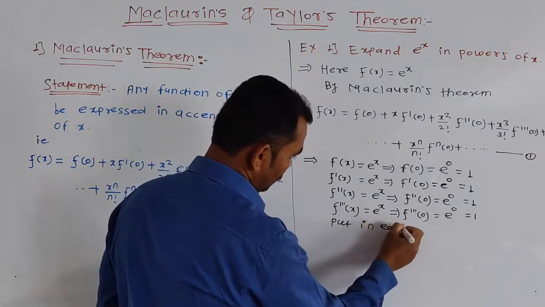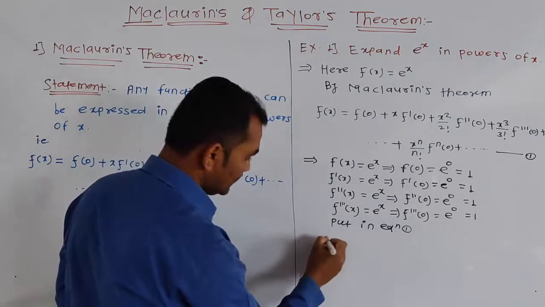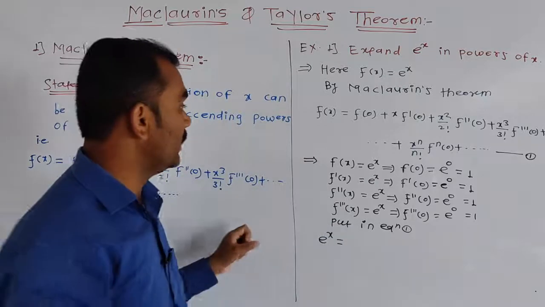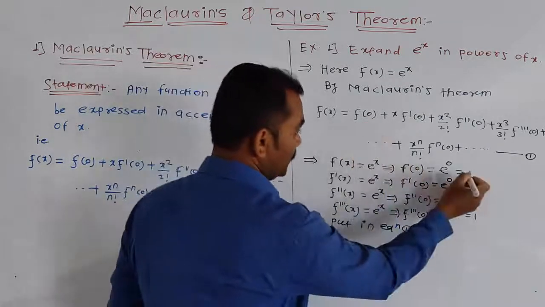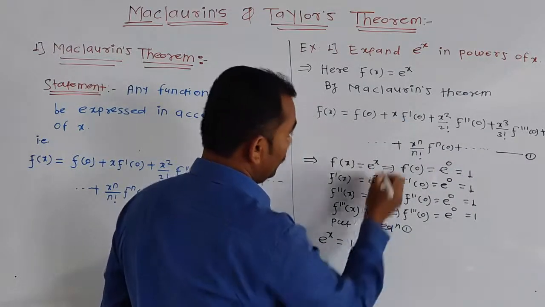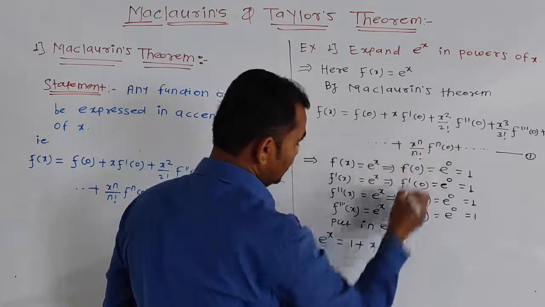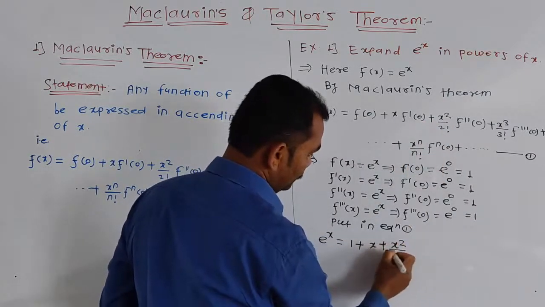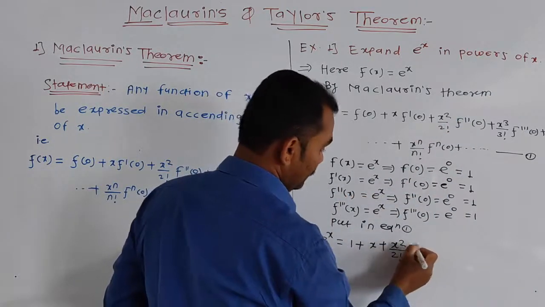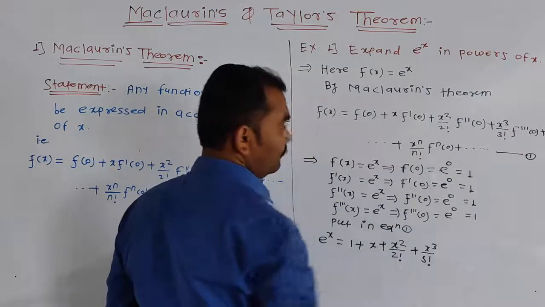Putting in equation 1, we get the value of f of x is e raised to x. The value of f of 0 is 1, plus x into the value of f dash of 0, whose value is also 1, plus the next term x square by 2 factorial into the value of f double dash of 0, which is 1, plus x cube upon 3 factorial,